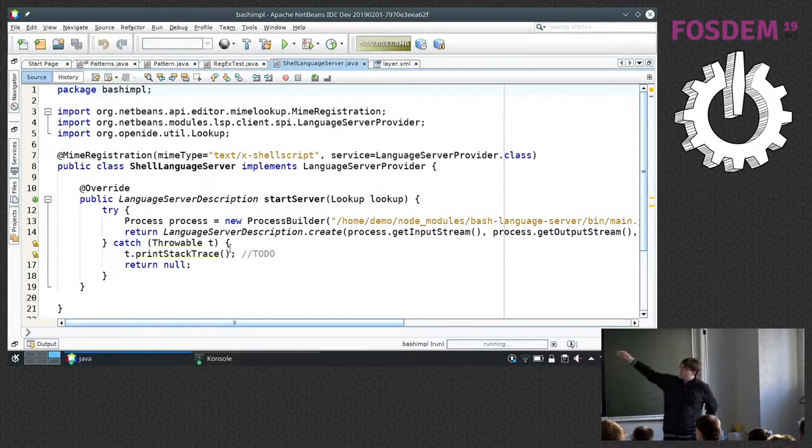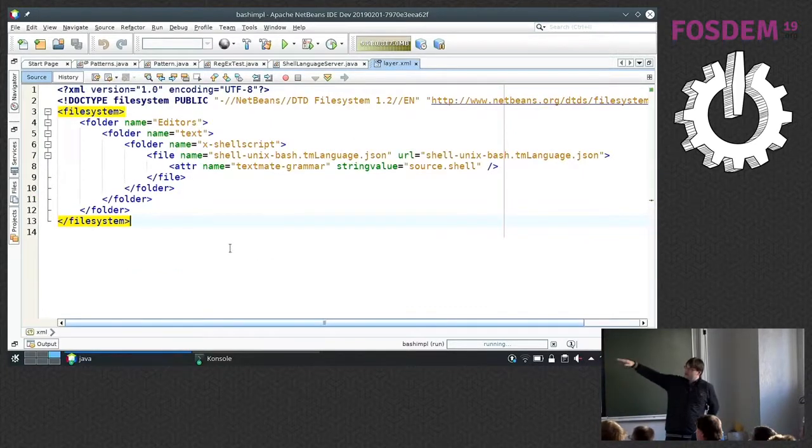Basically, for LSP you start the server and return a description with input, output, and ideally the actual process where the server is running, so that the IDE can kill it if needed. For the grammars, it's even easier. There is a declarative description.